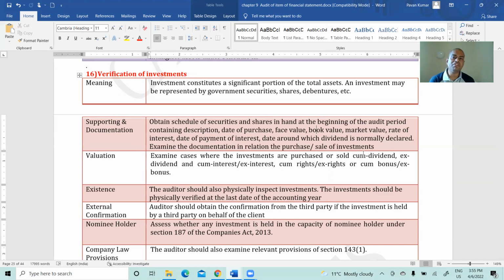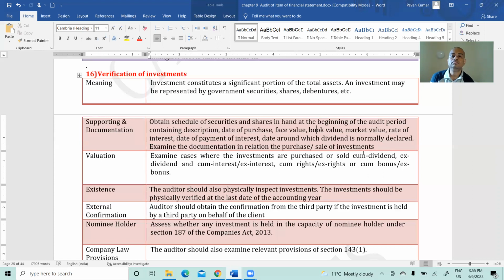How many companies have I invested in? I have never seen a share certificate. I have not received a share certificate from any of the companies. Simply in my account, it will be credited. So my broker will give a broker note, contract note they call it. That can be verified by Sandeep.